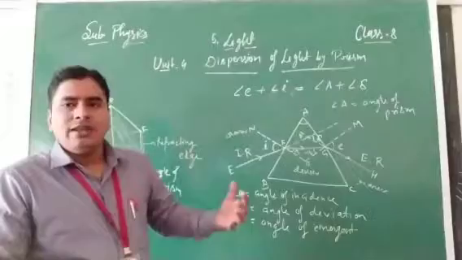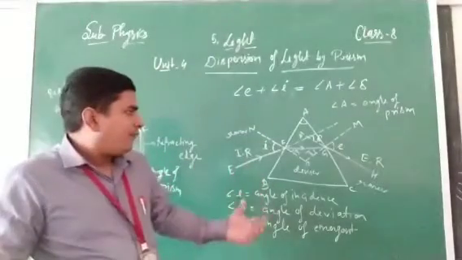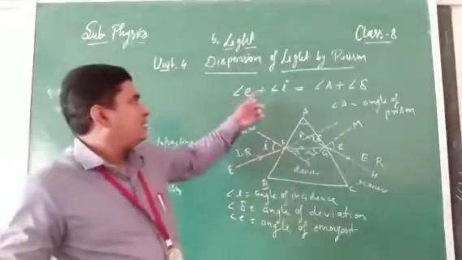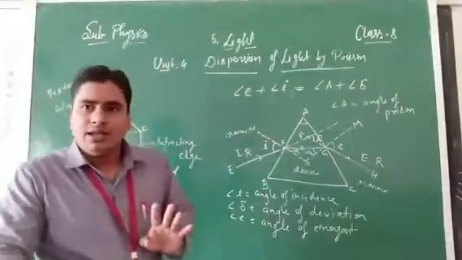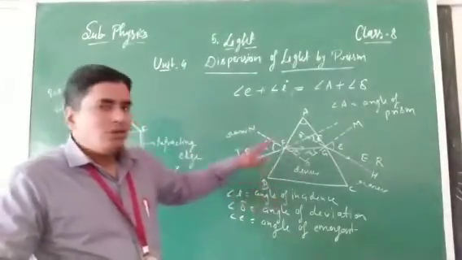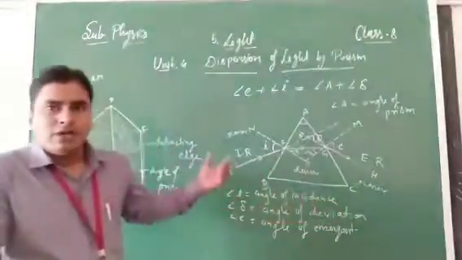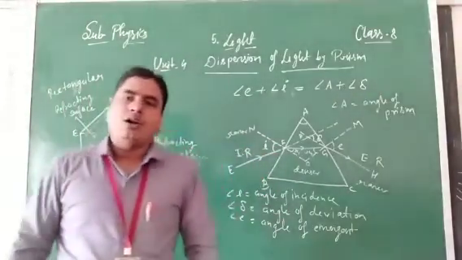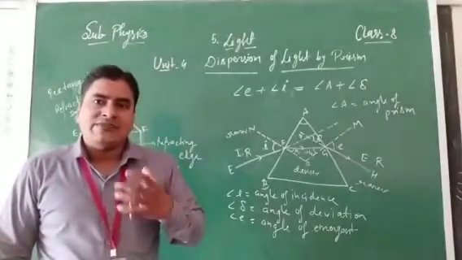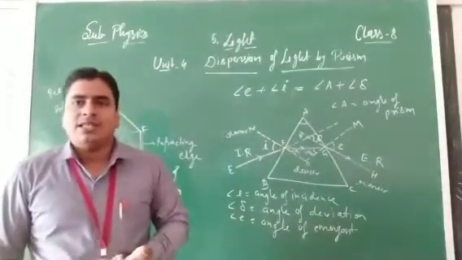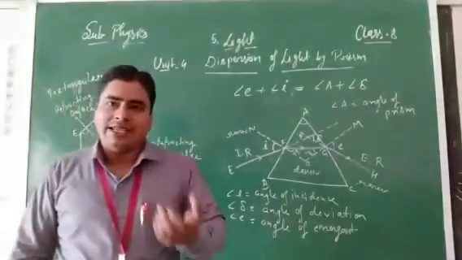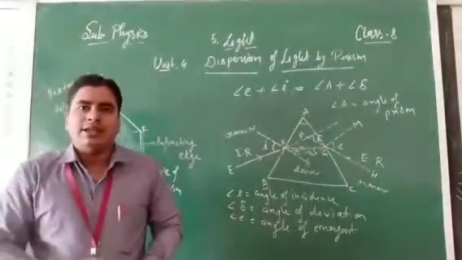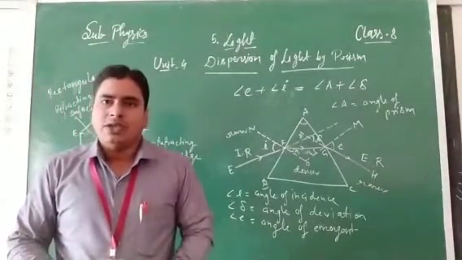Students, okay, we will measure or find these angles, then we will get a relationship between all these four angles. Clear? Okay. So this is a short overview of how refraction takes place through a glass prism. In the next class we will discuss dispersion by refraction through a glass prism. What is dispersion? The phenomenon of splitting of light into 7 colors is called dispersion. So we'll discuss the topic dispersion of light through a glass prism in the next class.